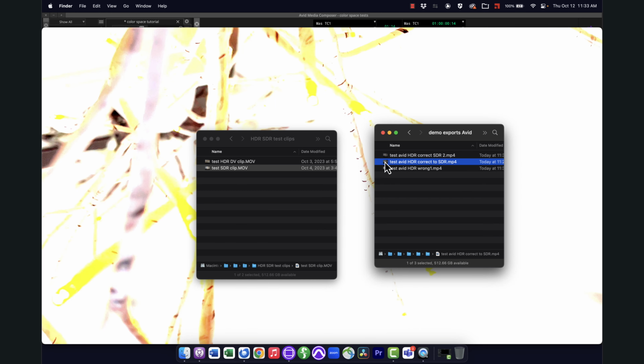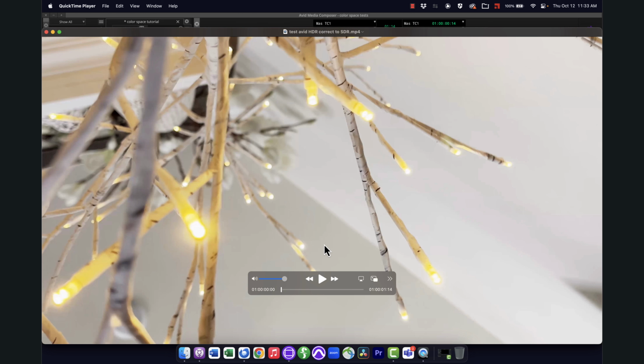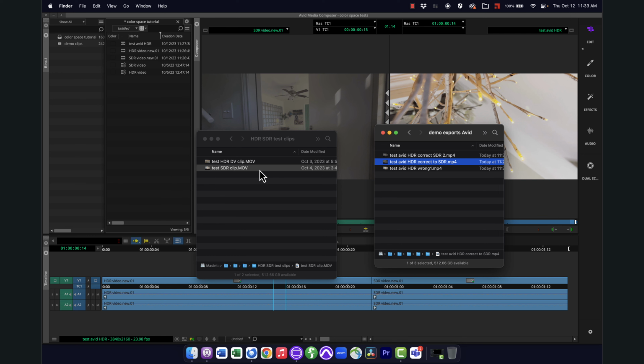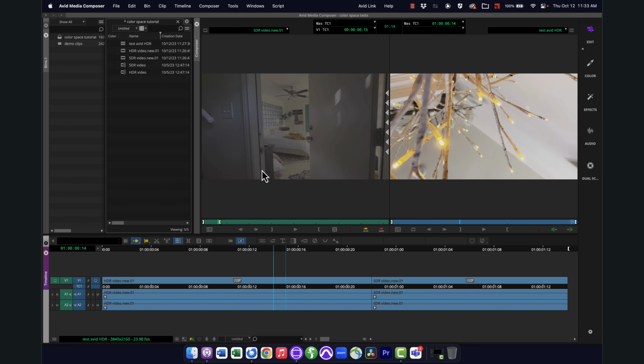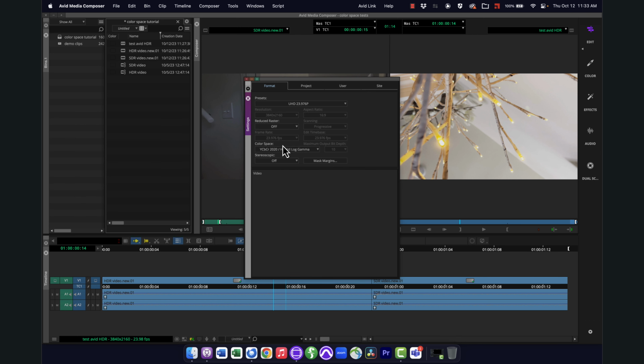If we compare what that's supposed to look like, I have this demarcation where I have a darker gray over here and a white over here, and I've completely lost it. The whole thing is just blown out. I've lost all this detail, so that is not usable. So that's why it's really important to make sure you're setting your project color space and your export settings correctly. Now if I do the reverse,